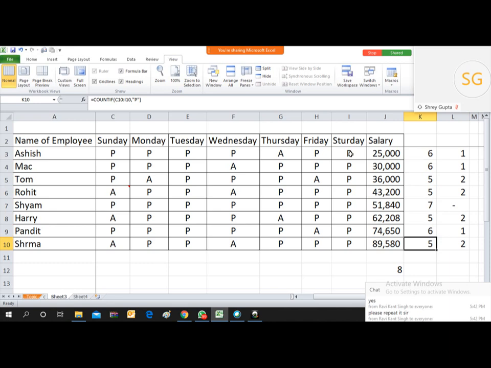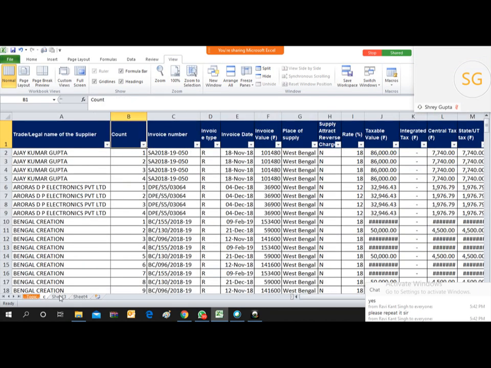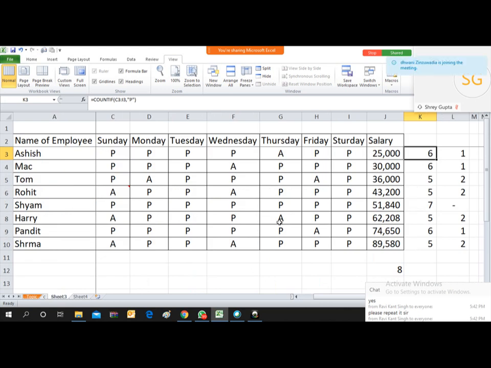So this is all about this function, one more utilization of the countif function. Friends, it depends on the practical scenario for what purpose you are using it. In the countif function, it is just calculating the particular criteria. In our previous example also, with the party or Bengal creation, it was just calculating how many times a particular criteria is appearing in the selected column or row.